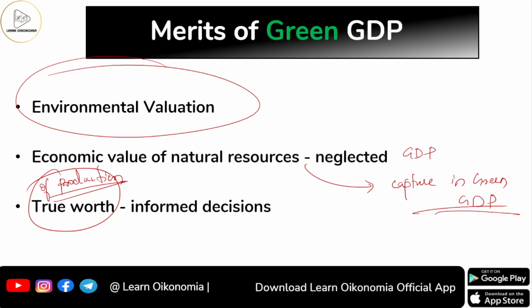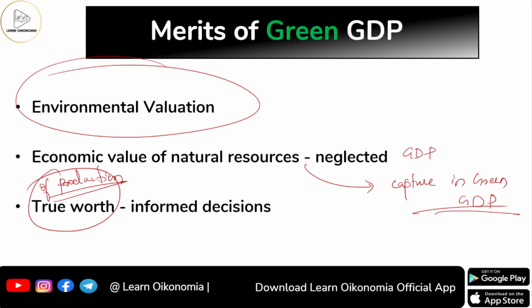Because I told you that now we do have the traditional GDP metric with us. Now we do have environmental cost with us, and we do have the green GDP with us. So when we have all these, we will be able to know the exact kind of bad impact that our production is creating in our economy, and this will help us to know the kind of consequences that our production is making in our economy, and this will help us to make some policy measures as a result of information that we could get from this.